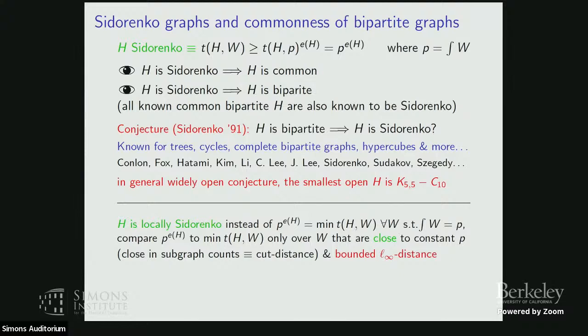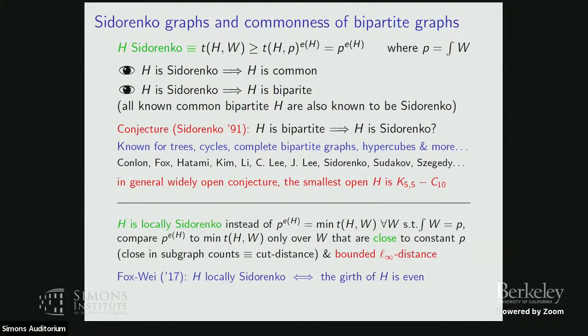So perhaps this sounds like the natural local variant of the conjecture. Well, in the actual definition of a locally Sidorenko graph, there is some additional technical assumption on the L infinity norm that restricts a little bit further the graphons W we are minimizing over. Anyways, extending the result of Lovász, Fox and Wei showed that a graph H